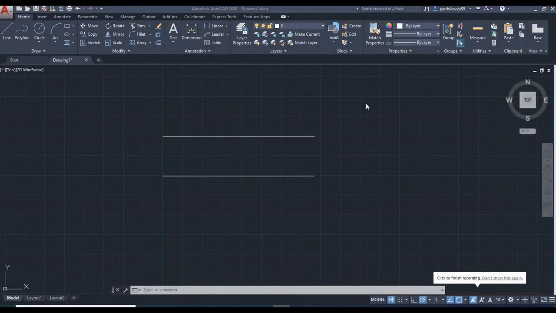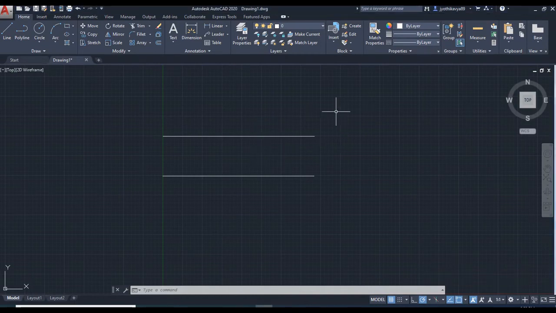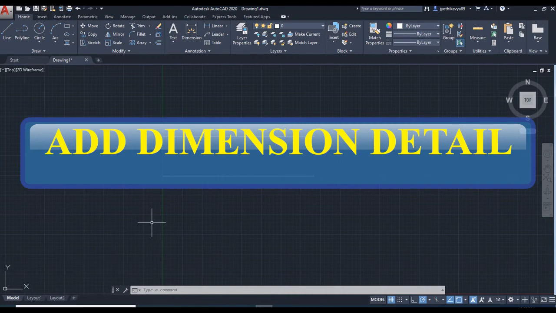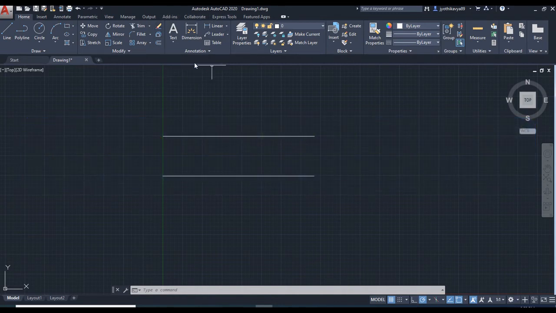Previously we had discussed how to draw a line. So we have two bare lines here and we don't have any details of them. So we'll add a dimension detail to this bare line. So how to add it? You have to just pan here to your tool ribbon section. Inside the tool ribbon, you find this annotation section. In annotation, you can pick this linear option, linear dimension style,